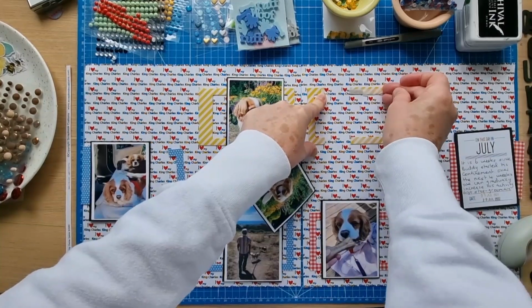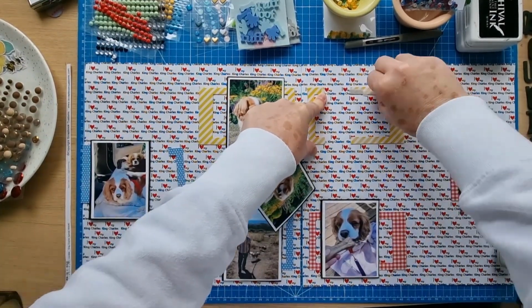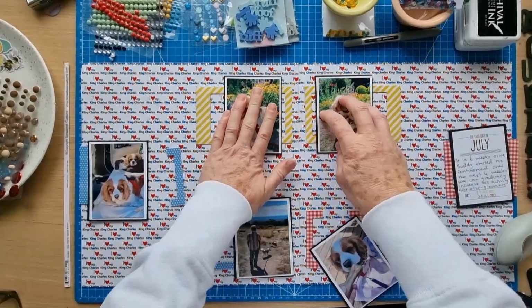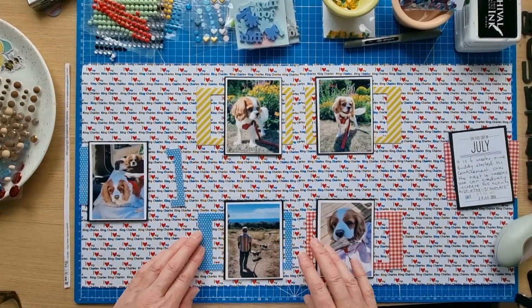I don't think I'm going to be sticking anything on there either, so yeah, I'll just pause. I did try and get rid of that extra adhesive, but I didn't really want to rip the frame or anything, so I'm just going to leave it as it is. Now then,